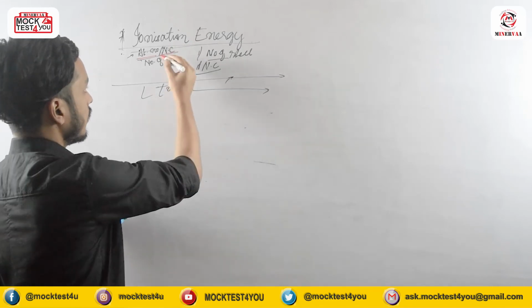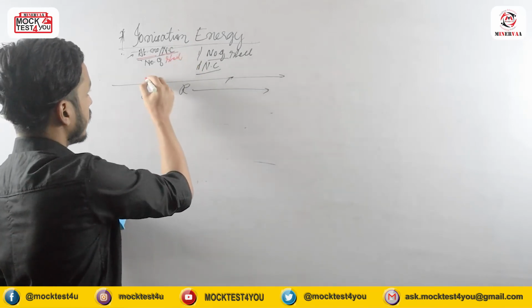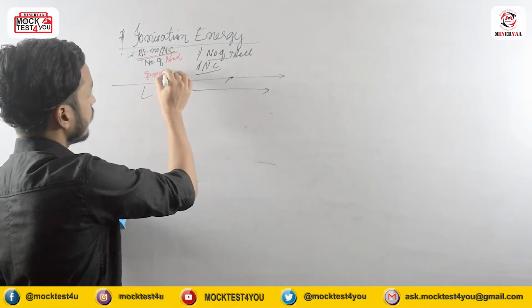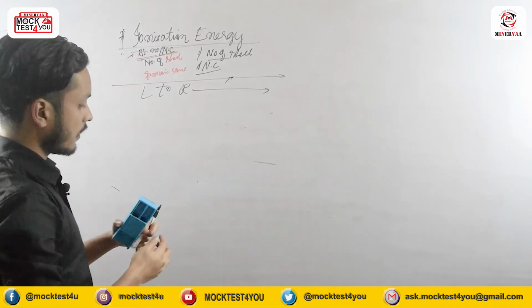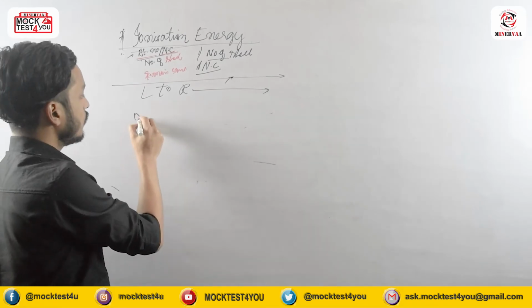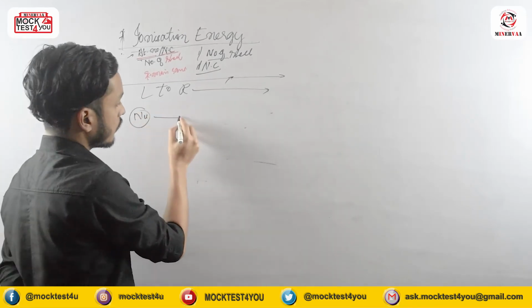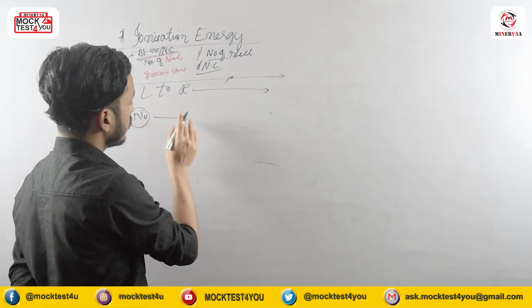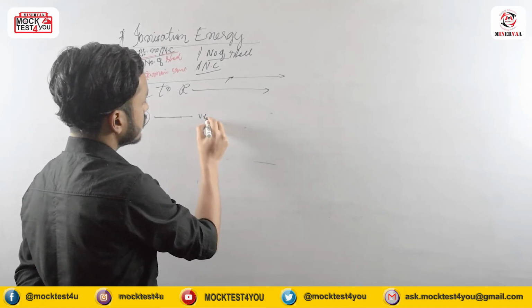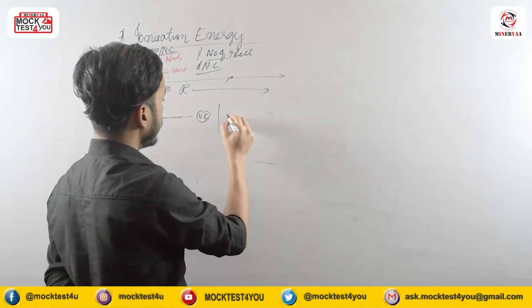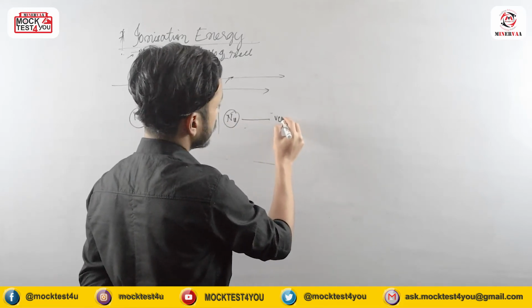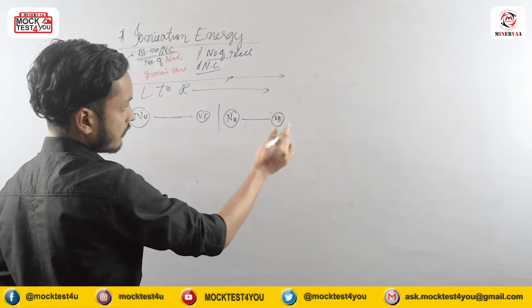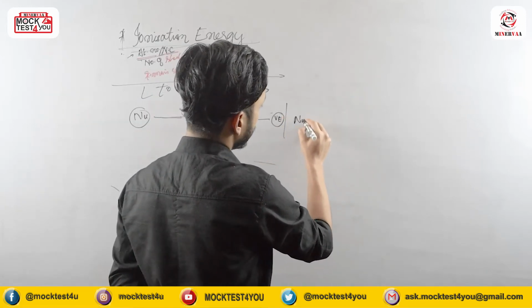Number of shells remain the same, right? So since the number of shells remains the same, the distance between the nucleus and the valence electron will decrease, right? Since the number of shells is remaining the same, what will happen? The distance between the nucleus and the valence electron will